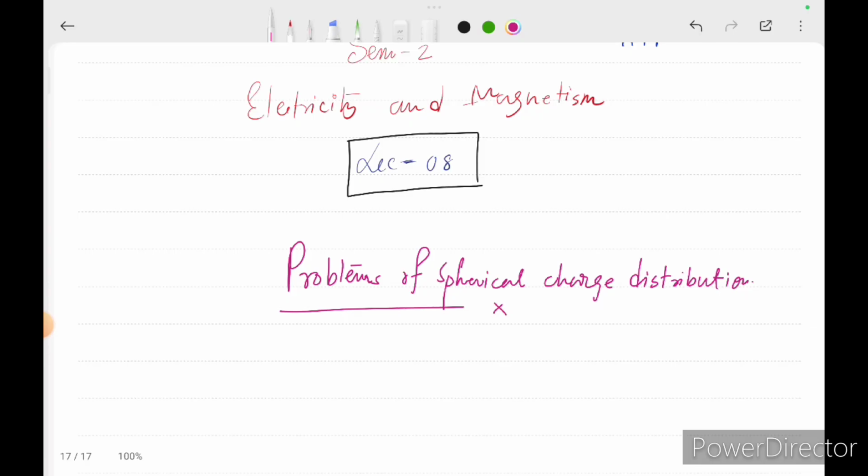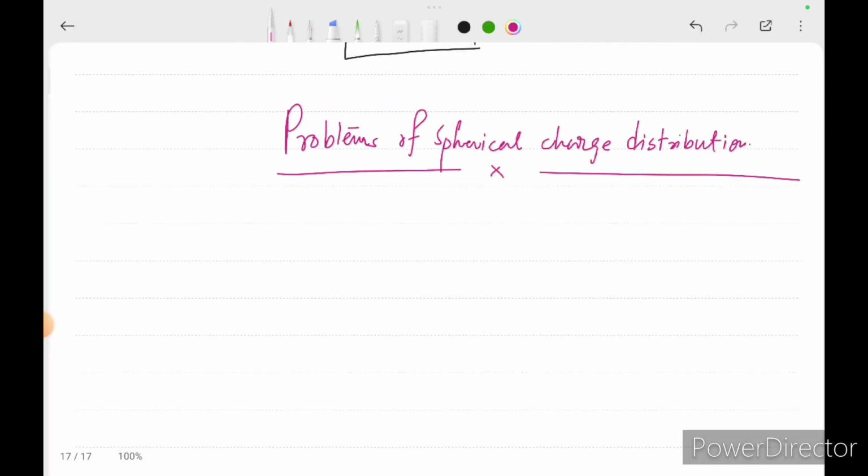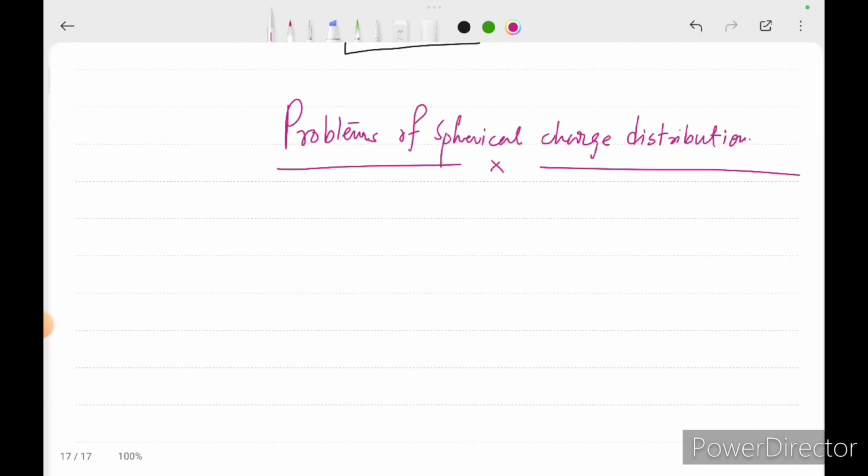Let us take the first problem, question number 1. Please take a note of each and every question. A charge distribution